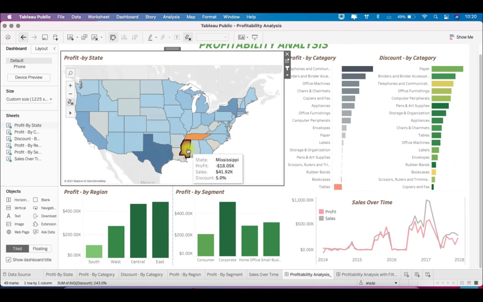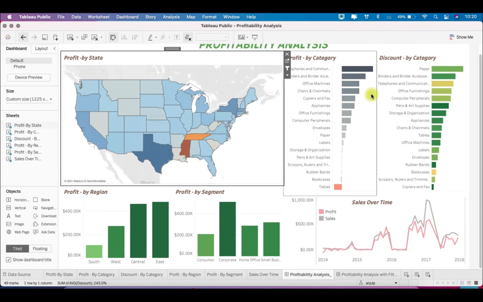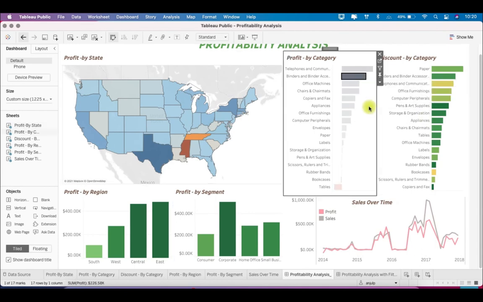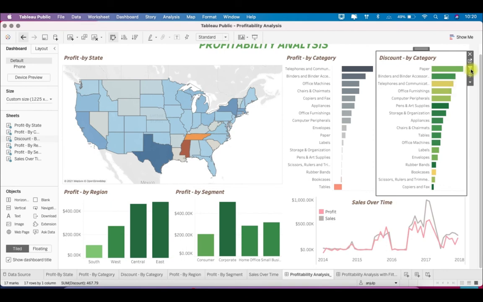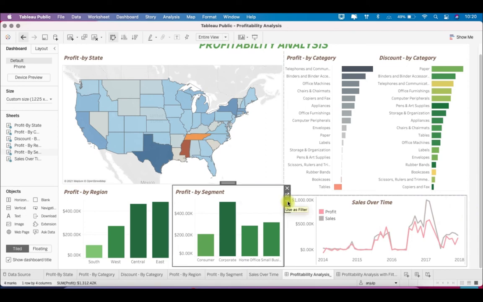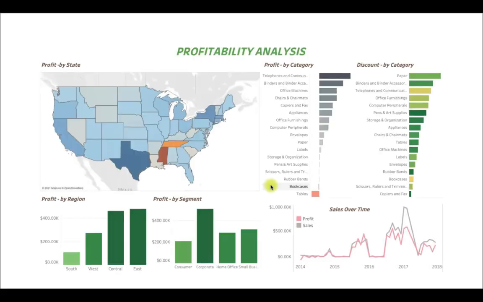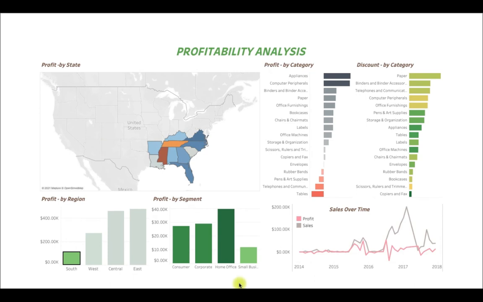Let us experiment. If I click here, you see it is acting as a filter. But we have not set the filter for all other sheets, so if you click here, nothing will happen. So let me click here. Now this also use as filter. Then in this one also use as filter. Then this sheet also use as filter. This sheet use as filter. This sheet use as filter. And now we can see that every other sheet is acting as a filter.